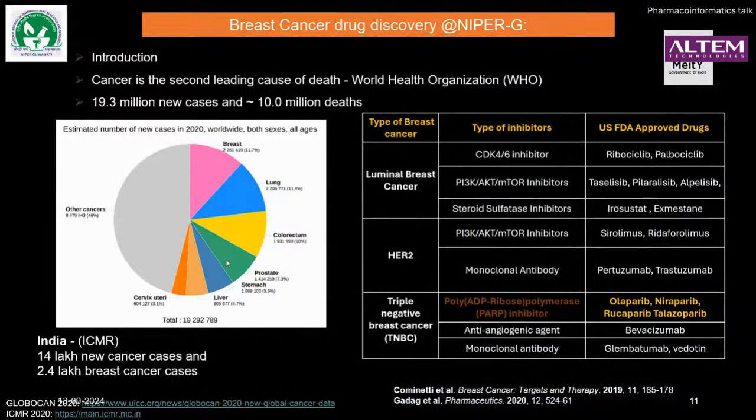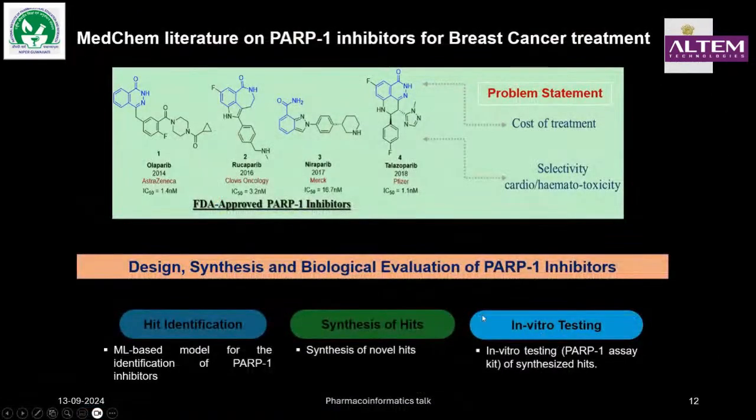So mostly, we, like many other people, are interested in breast cancer drug discovery. This is a project which has been funded by MIT and DOP jointly. As you know, breast cancer is affecting a lot of people around the globe, and there are multiple treatment options. Particularly, we are interested in the PARP inhibitors, for which 4 drugs are available in the market currently.